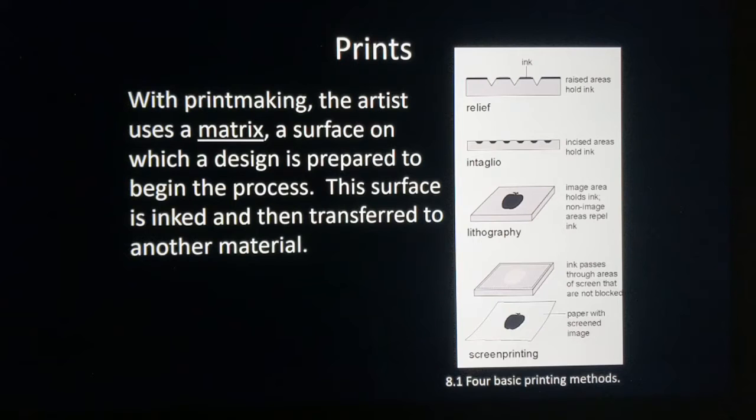And with the top one over here, we've got relief. And when we're looking at relief, this is like a stamp. Remember, you can carve wood or you could carve linoleum. And any area that you remove, these lowered areas here, are what is going to not transfer. The ink, when you put it on with a roller, is going to stay only on these raised areas. So your design will have to be raised, inked, and then the matrix is pressed onto the paper to transfer